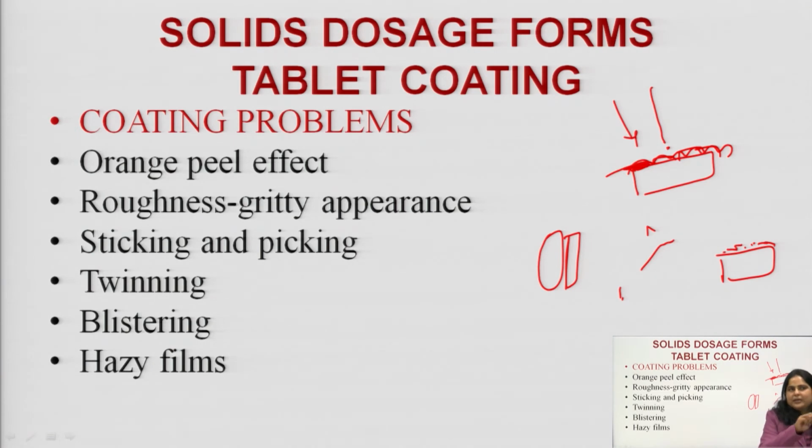Then the tablets can show blistering effect, right. Blisters can be formed on the tablet surface, thus failure of the tablet coating process, and then it can give hazy films. For example, if we make use of cellulosic polymers at high temperatures, they give dull films, hazy films, not very clear films, right. So, what is our core material, what is the coating polymer, and how we are carrying out the technique, what is the rate of atomization, all these processes are important for a successful tablet coating process.